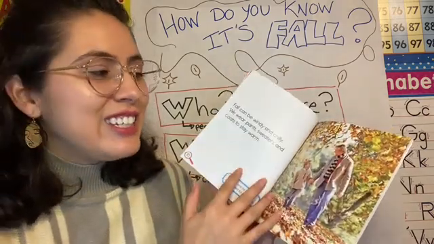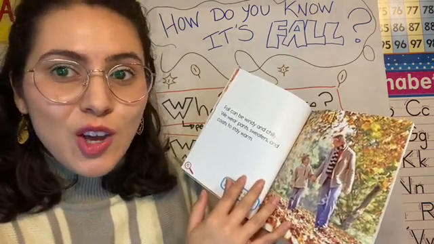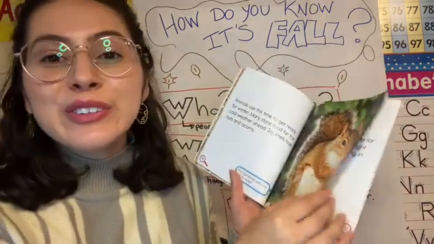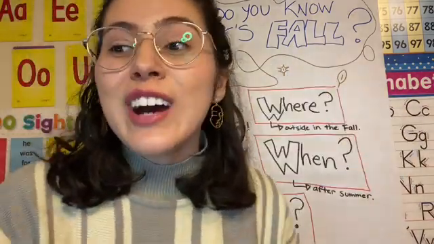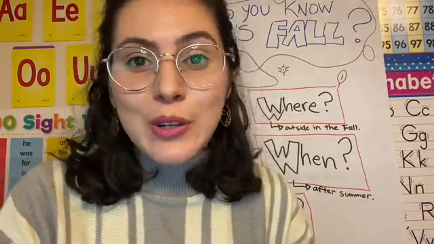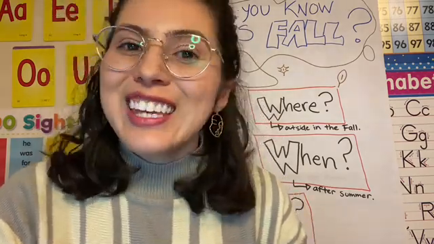For our exit ticket today, you are going to go through your text and find text evidence for the question. The question is, what animal looks for nuts in the fall? I can't wait to see what you say, making sure that you flip through to find your answer and that you provide text evidence. So on the next slide, you will have an exit ticket to complete, and you will tell me what animal looks for nuts in the fall.